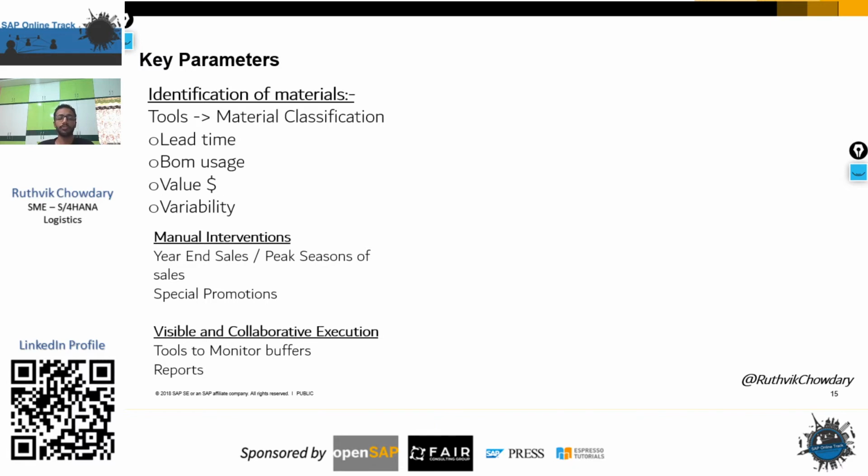But the system will not allow you to order the maximum, because you have set the limit. So in order to override the limits, we need to do a manual intervention, due to special offers or seasonal sales, whatever it is. Those things require manual interventions. And when it comes to visibility and collaboration, there are reporting tools and so on. So how to do that, and